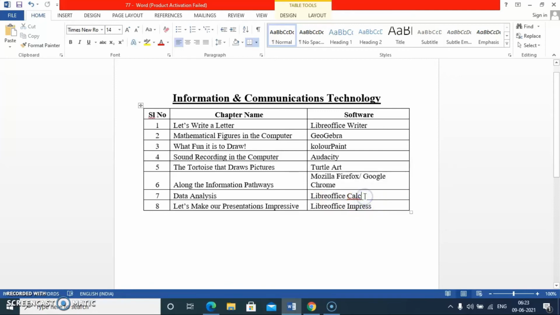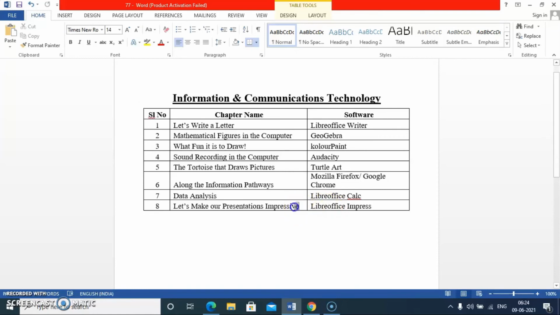You may already know the software called Excel. Did you hear, my dear students, about the software called Microsoft Excel spreadsheet? This software is similar to that. LibreOffice Calc is used for analysis, for calculating the sum, for calculating the average and all. We will be studying it in detail at that time. For the time being, you just understand the name.